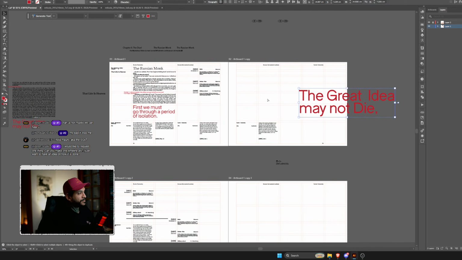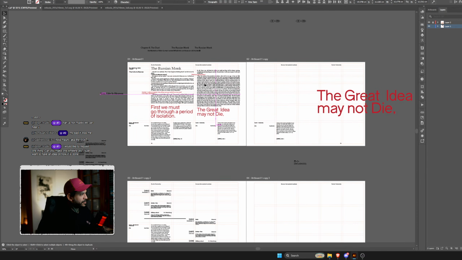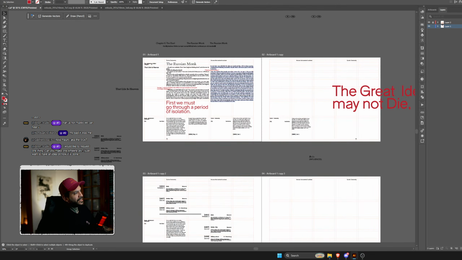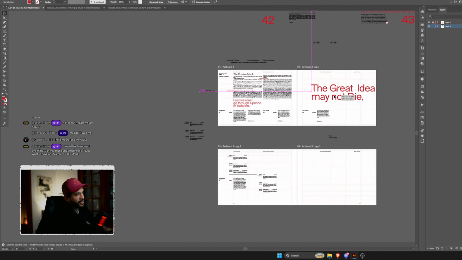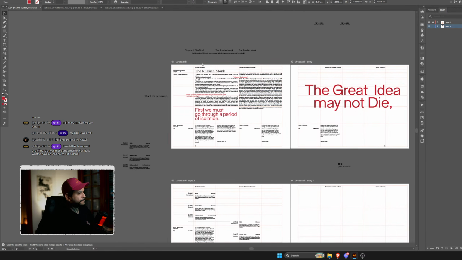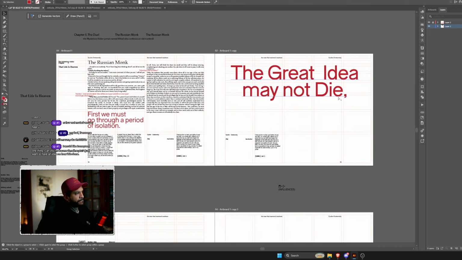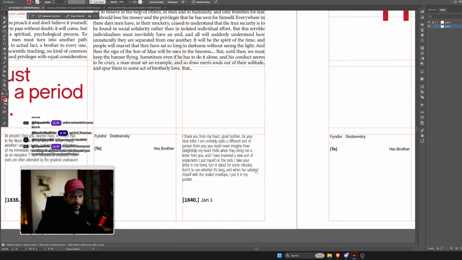Maybe if this text had gone here, and we have here a double, maybe in this setup we had something like this work. Right, that's a spread that could work. Does that make any sense, guys?